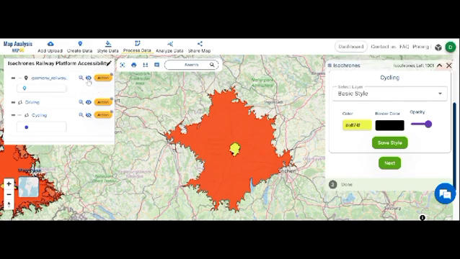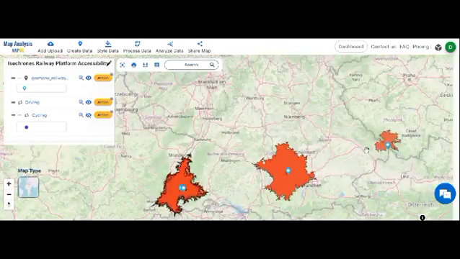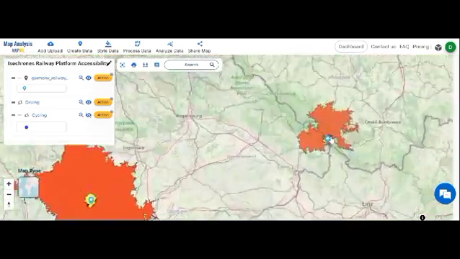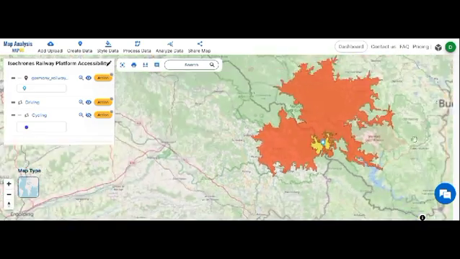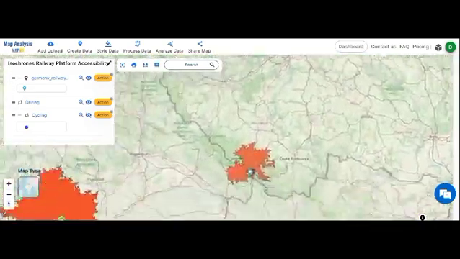The final output includes visual representations of the two isochrones generated for each railway station, illustrating accessibility by different modes of transportation. These outputs provide valuable insights for decision-making in transportation planning and infrastructure development.